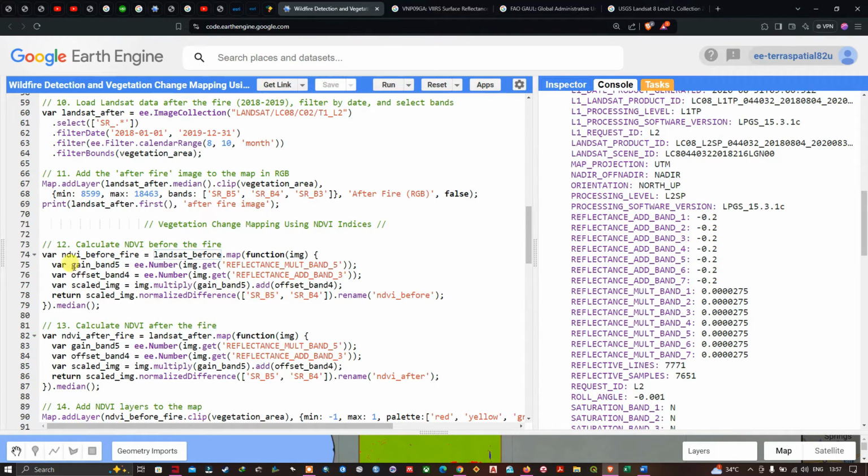First we have to apply the reflectance multi-band 5. All these bands have the same scaling factor, which is 0.000275. So we're going to apply it. To apply it, we define a variable called gain band. Gain band 5 equals ee. To convert from a string to a number format, we use ee.Number and image